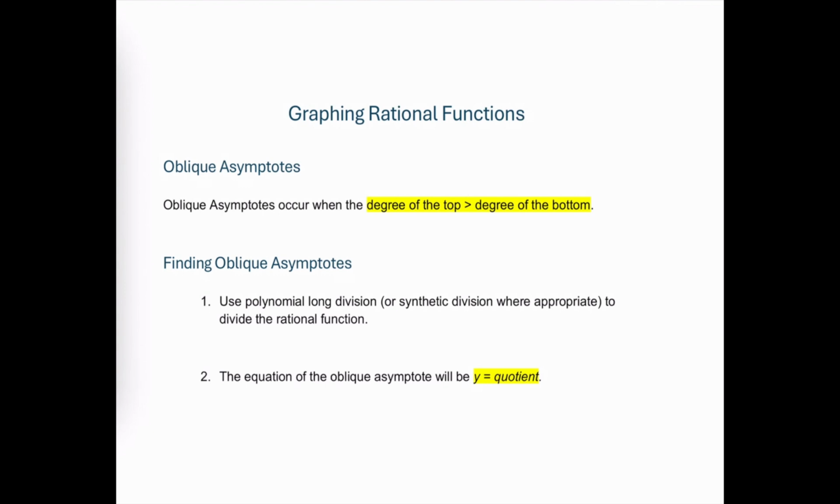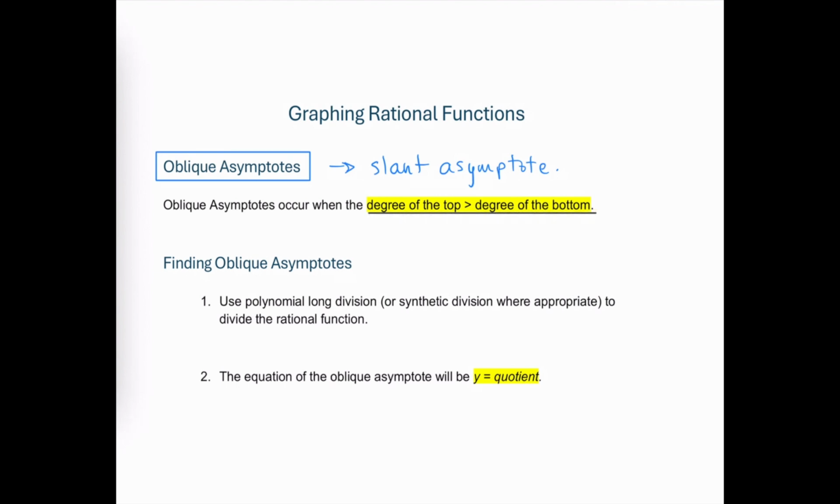When graphing a rational function, sometimes our functions are going to have oblique asymptotes. An oblique asymptote might also be referred to as a slant asymptote. They are not vertical or horizontal. A rational function will have an oblique asymptote when the degree of the top is bigger than the degree of